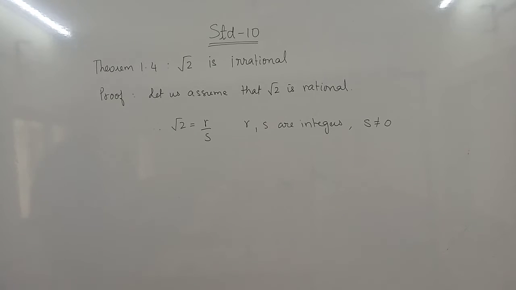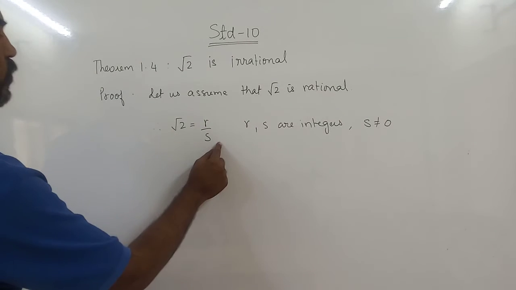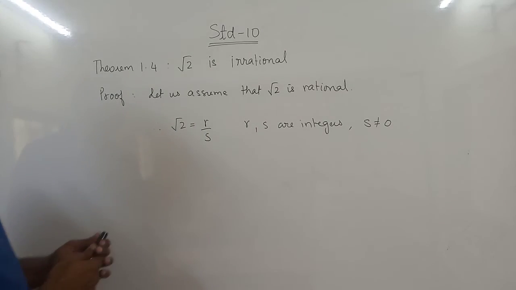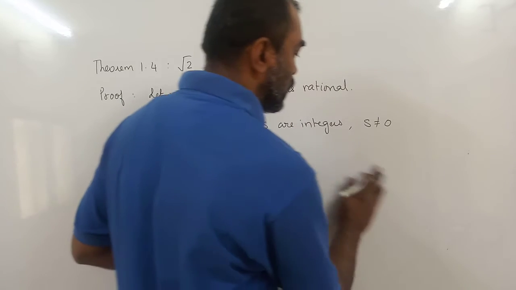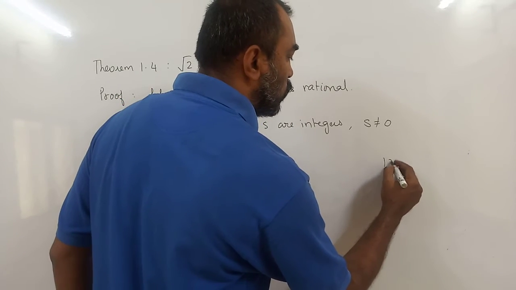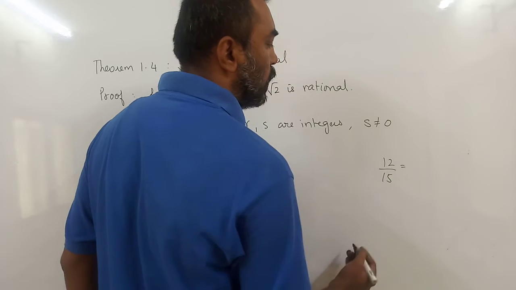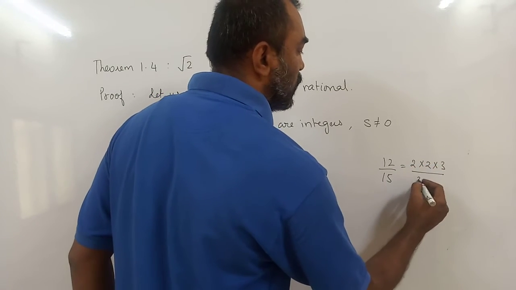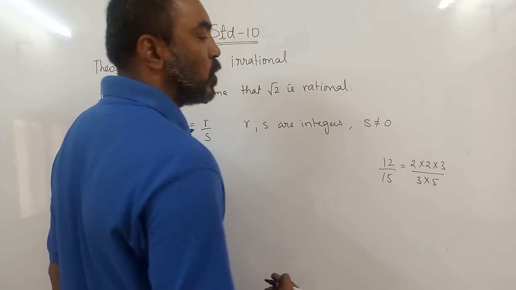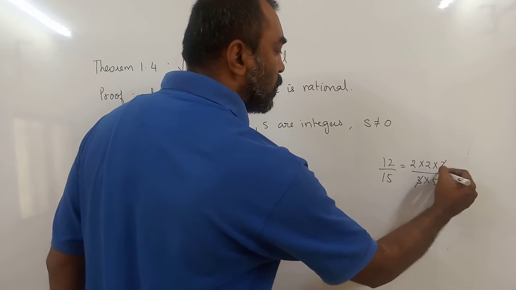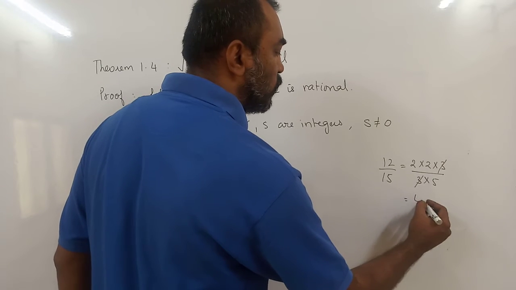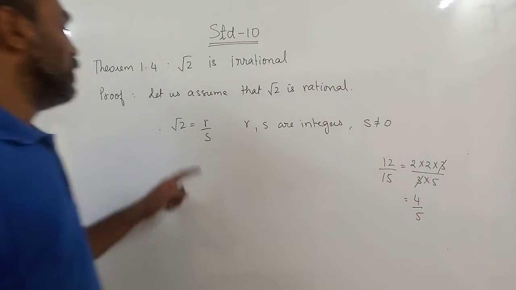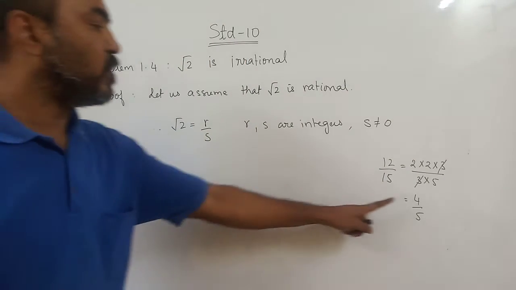Okay? Now, also remember that this is a simplified form, meaning after you do the cutting, you will get nothing common between the two. For example, just to explain, say I have got 12 upon 15. So 12 upon 15 is 2 into 2 into 3, and 15 is 3 into 5. What is common among them? The 3. So when I cut the 3, what remains? 2 2s are 4 upon 5. So you cannot write in this form. You have to write in the simplified form. So r by s is 4 upon 5.